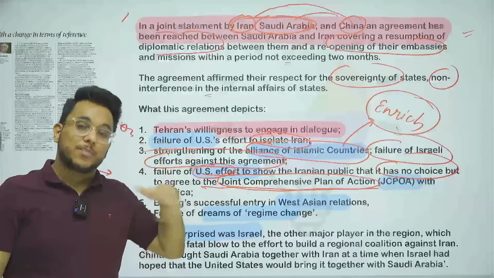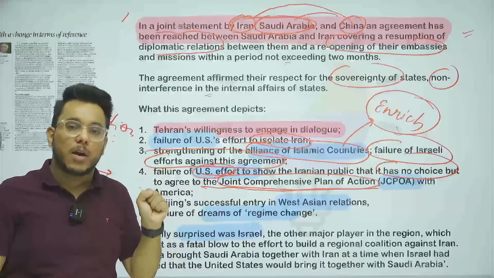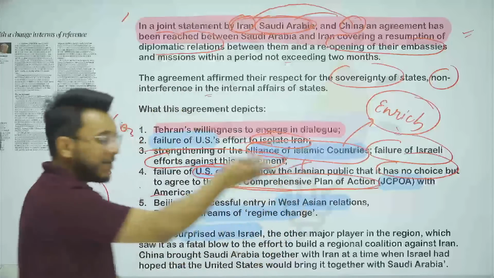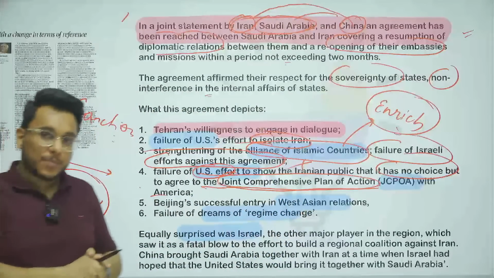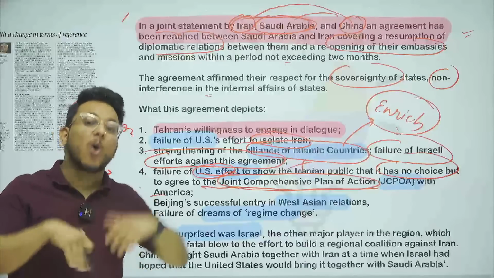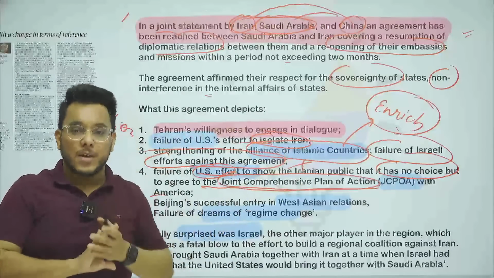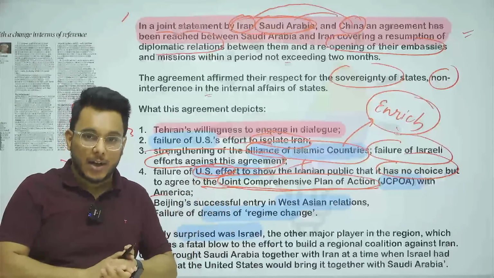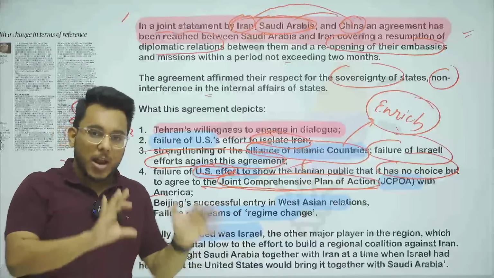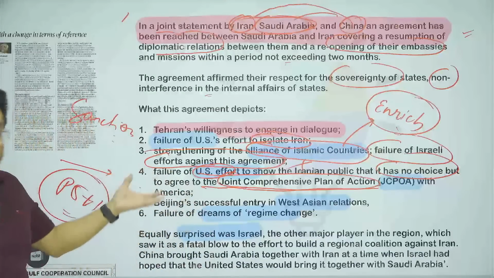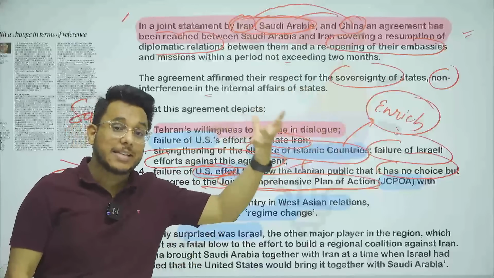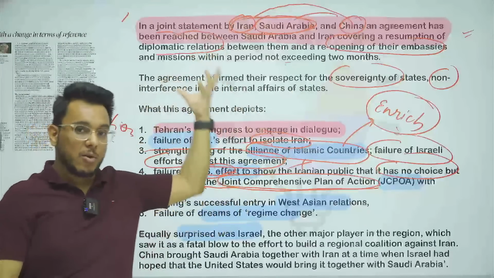Things were going well. But when Donald Trump came to power, he cancelled the Joint Comprehensive Plan of Action. They withdrew from it. Then Joe Biden came to power, and now Joe Biden is saying that okay, we want to join the JCPOA again. But this time Iran was not very ready, and the USA had declared that Iran will come to the JCPOA today or tomorrow. But now it is showing that Iran has moved away from the US. Iran is getting new friends in the form of Saudi Arabia and China.